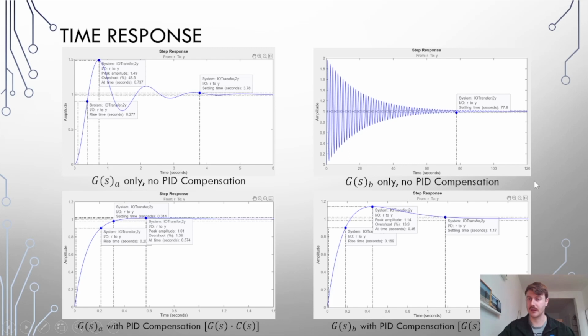It seems like this transfer function that I had estimated was probably less likely to be accurate, as you can see by this time response in the oscillatory pattern. It eventually stabilized, but again, that oscillatory pattern is probably not representative of the real system. However, even with that crazy step response for the system transfer function only, after it had been compensated by the PID controller, even that signal was very manageable in terms of time response,